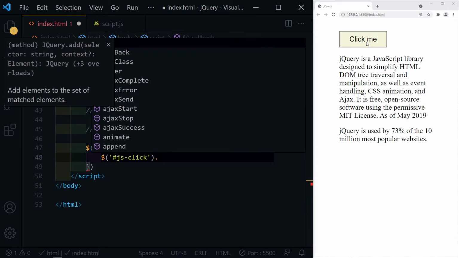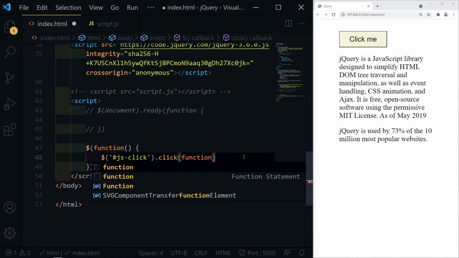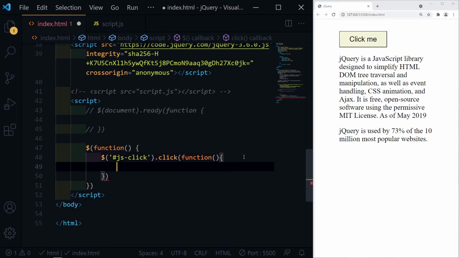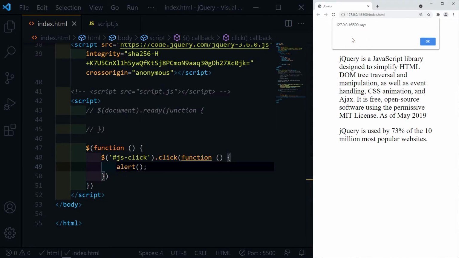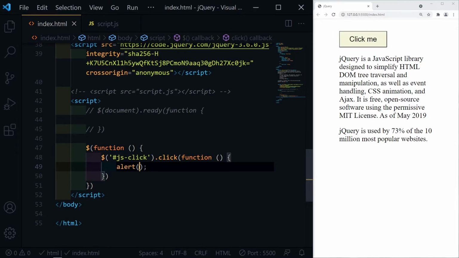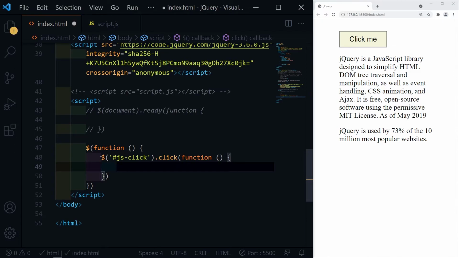And when I click on it, I need following functions to be executed. It's working. So we have our selector and the action.